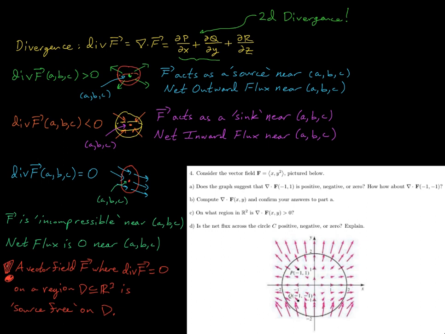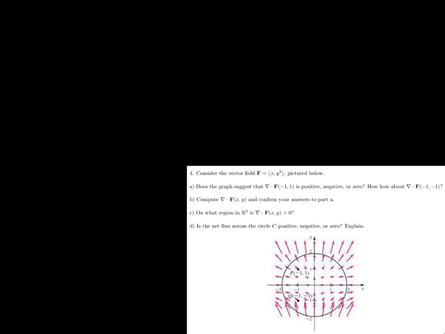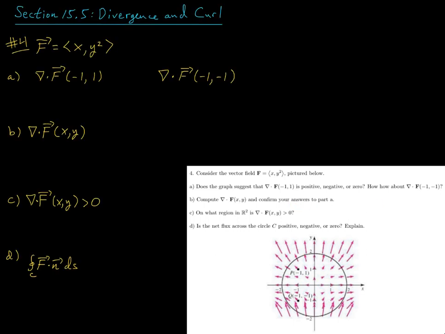And just as we had before, if a vector field has a divergence that's zero throughout an entire region in three-dimensional space, we say that vector field is source-free on that region. All right, so now let's look at question 4 on the worksheet. This is pretty similar to some of the things we did in the last section. It says, consider the vector field F, which is x comma y squared, and here's a plot of that vector field. So part A asks about the divergence,